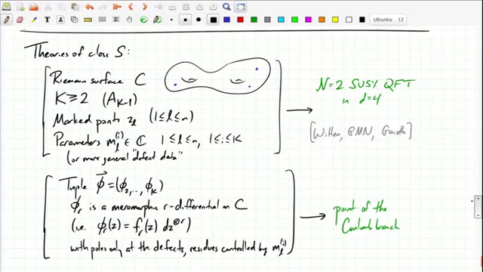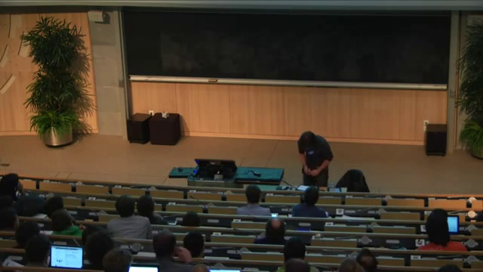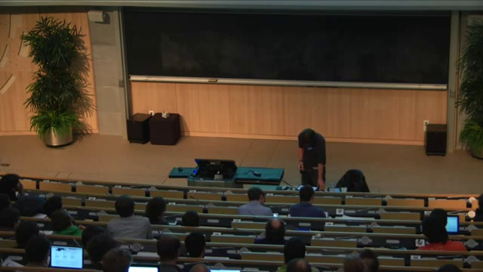I said it's controlled, but you want to know exactly how. There's one thing more about these parameters, which is that their sum should be 0: the sum over i from 1 to k of m_i equals 0. And then the idea is,